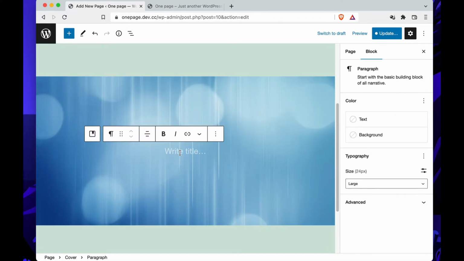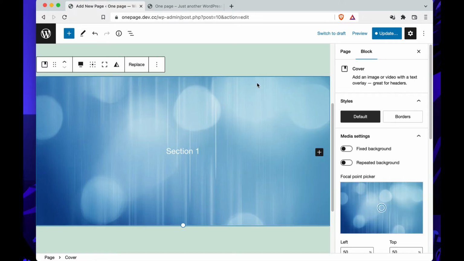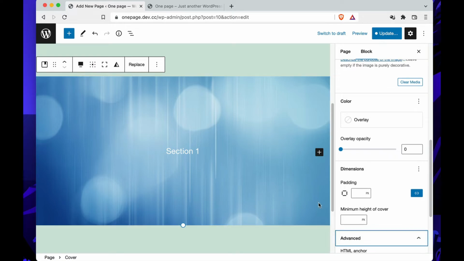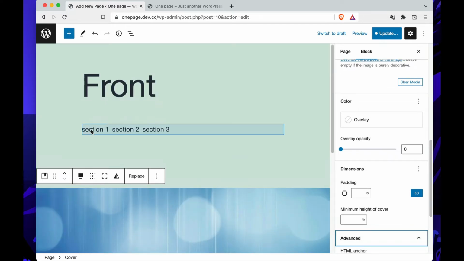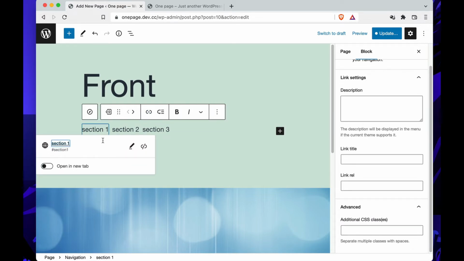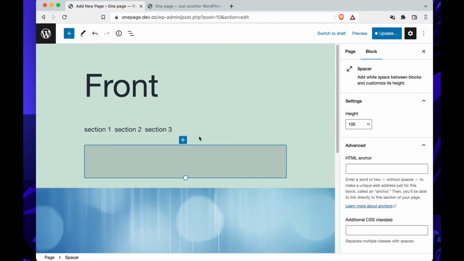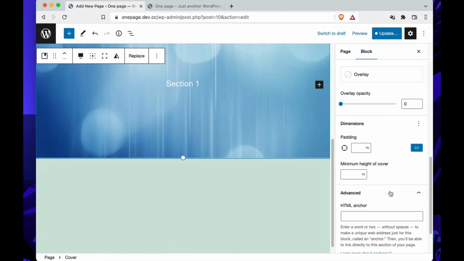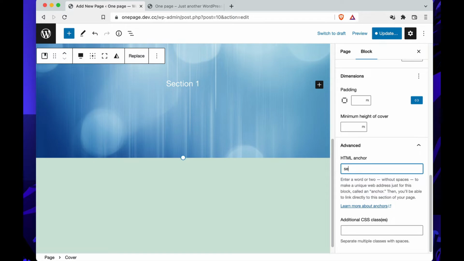In here I'll write section 1, and what I will do here, so I clicked the cover. This will be the receiving end of an anchor link. So as one clicks this link where it says section 1, I want that then to jump to the cover block. So I'll write section 1 here,